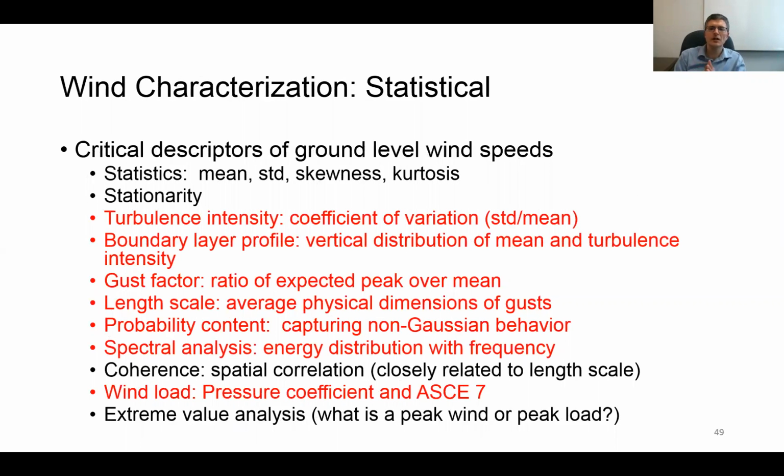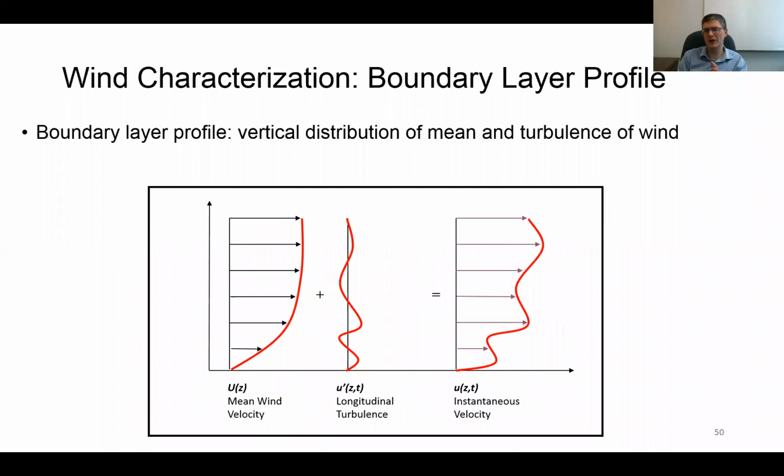All right. So now you have some sense of the importance of these frames of reference, by what do I mean by 100 miles an hour. We can start talking about the statistical characterization of wind speeds. Again, there's a number of items on here. The red ones are the ones that I'll spend a few moments on. It's also, by the way, not a comprehensive list of ways of analyzing the wind speed, but these are perhaps the most important ones. So just jumping into the first one here, we'll talk about what's called the boundary layer